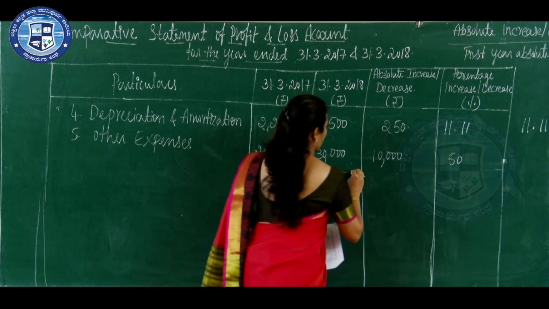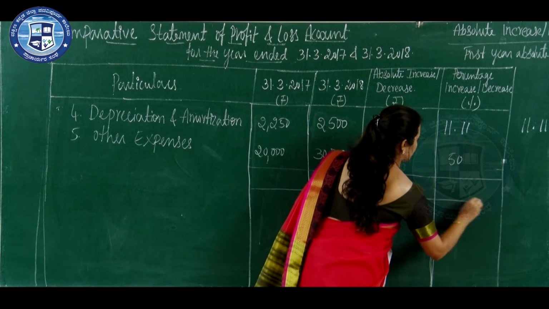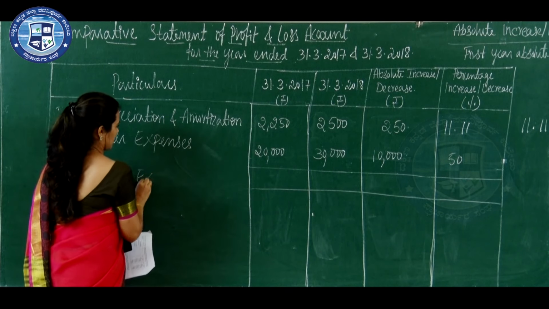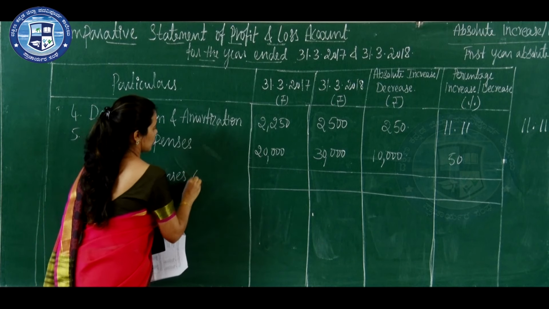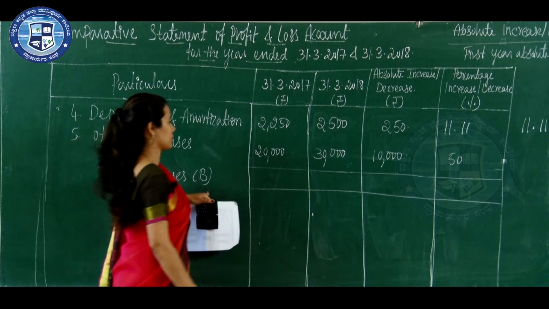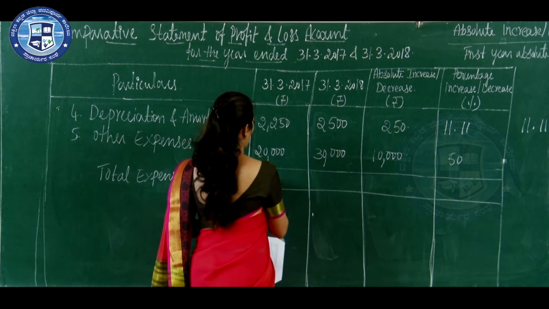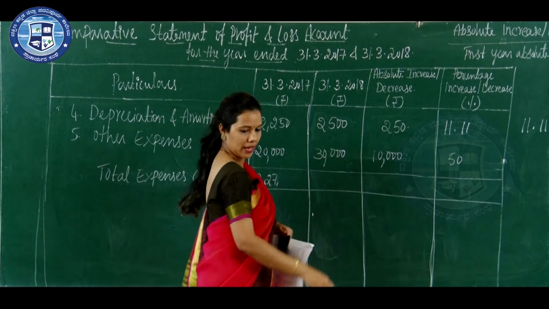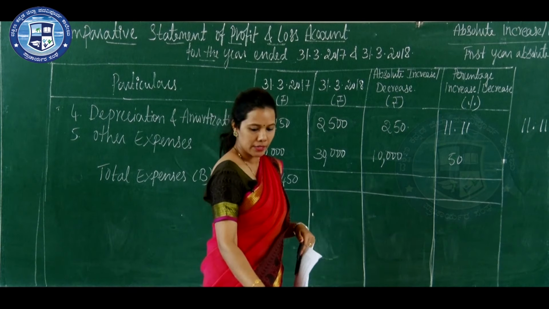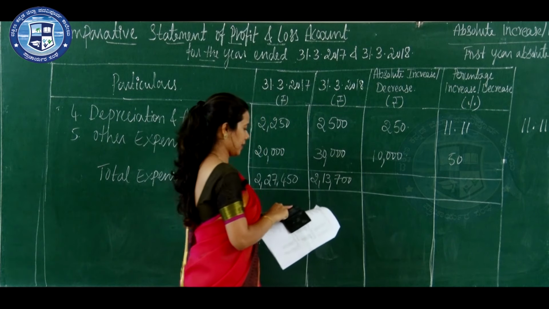Now total your expenses. Total expenses, and you can also name it as B. Total revenues A and total expenses B. So total all the expenses. So in the first column you will get 2,27,450, and in the second column 2,13,700. Again take the difference,